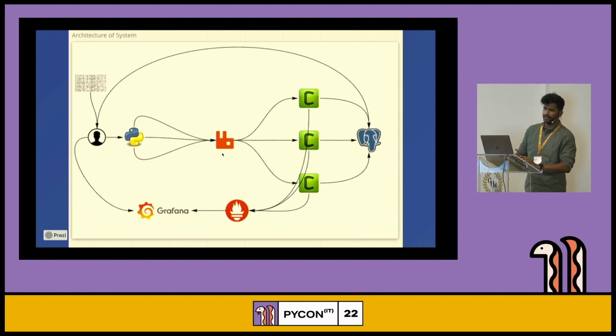So basically, the demo would be like, there would be one file from the user, and I would be using Celery in a sort of Airflow-like manner to get data from one destination which is local to the database, which is Postgres here.